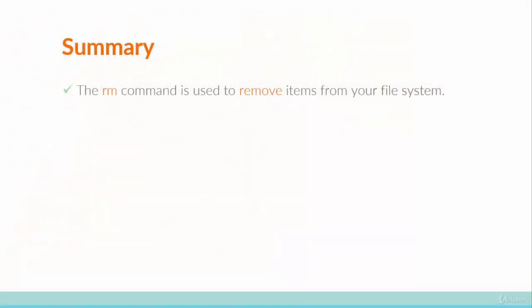So there you have it. In this video, you learnt about the rm command. Now, the rm command is the command that's used to remove stuff from your file system. And in this video, we focused specifically on deleting files. You also built upon what you learnt in the last video about wildcards